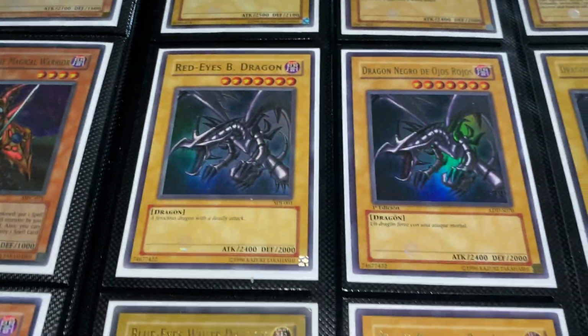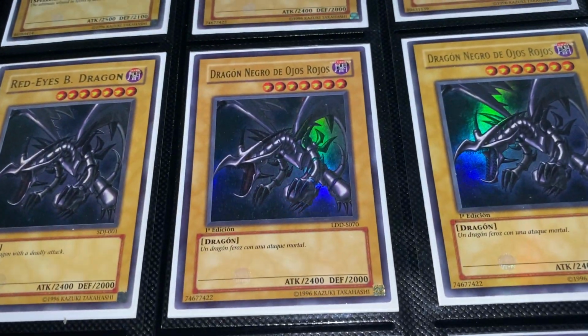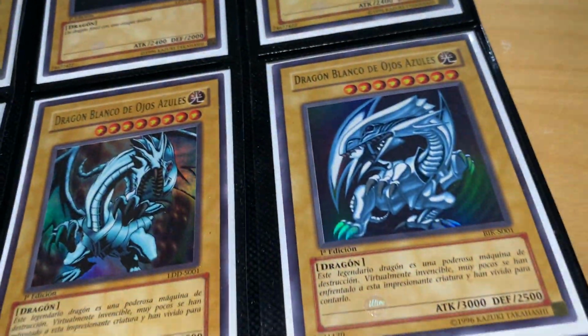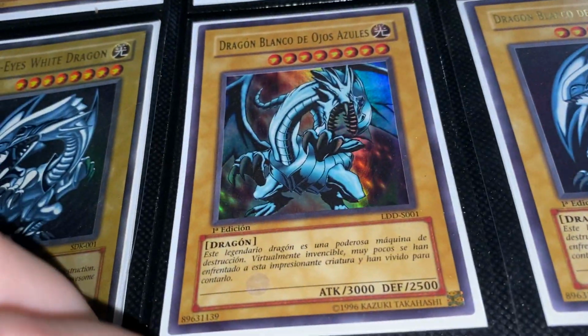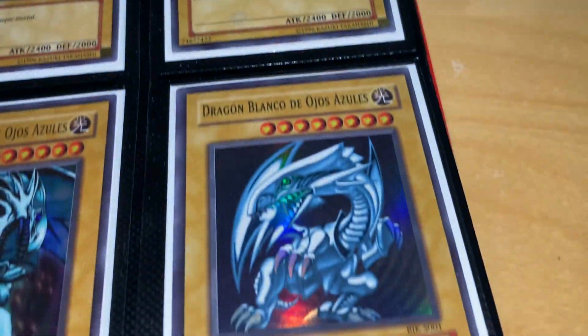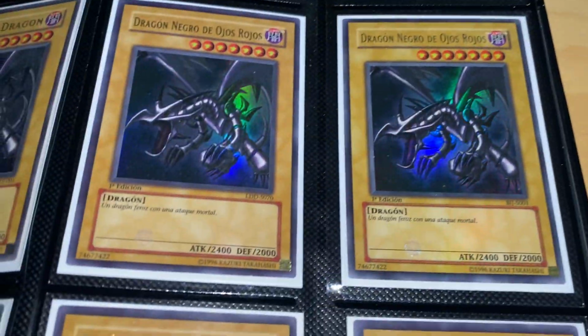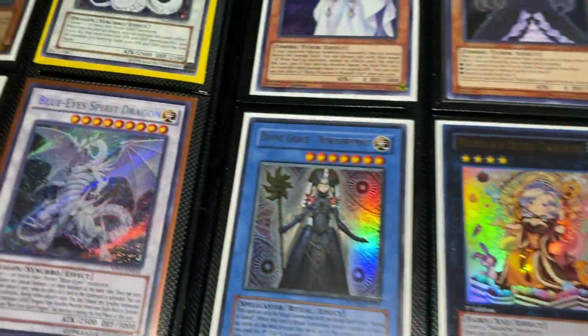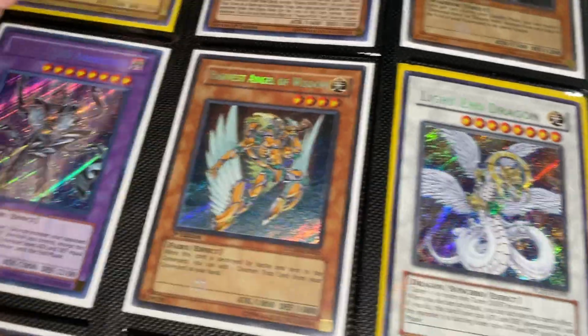And then we got an LOB Dark Magician, LOB Red Eyes Black Dragon, some SDJs, some Spanish LDDs and BIGs, or BIJs, and BIK and LDD. Basically, these two are like the LOB version in Spanish, and these two are like the starter deck versions in Spanish. And it's extremely cool. I think these are actually pretty rare, and they're first edition, so I like to collect those, and great